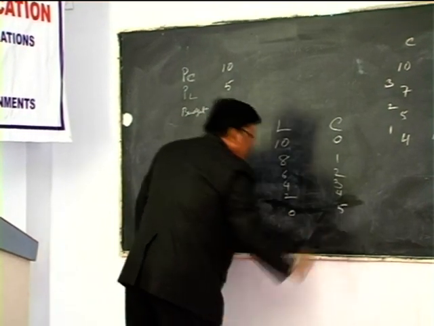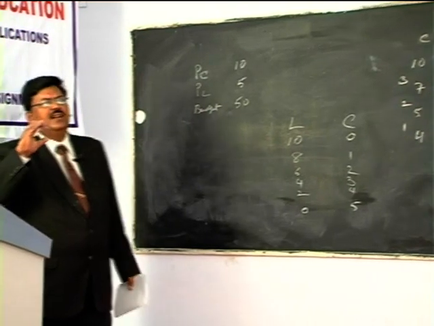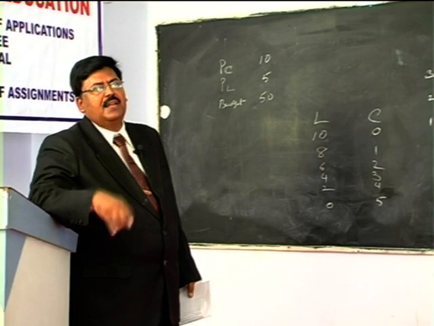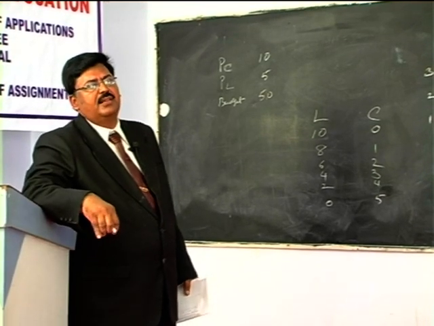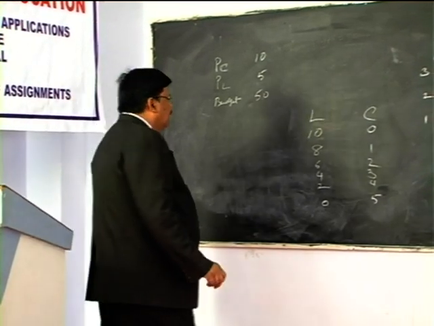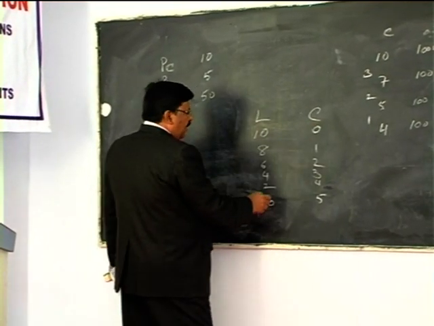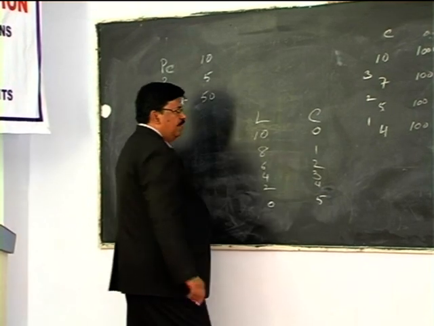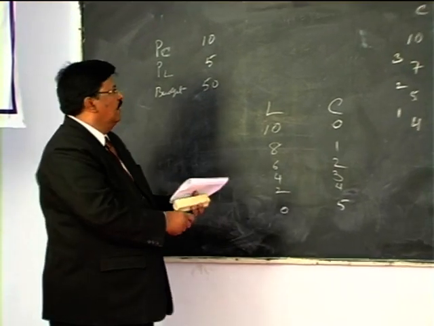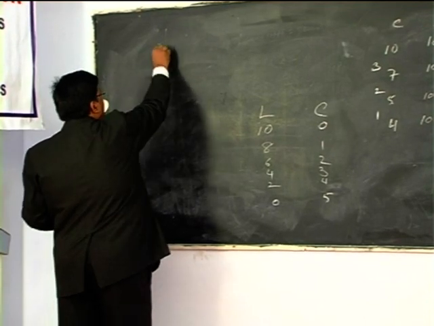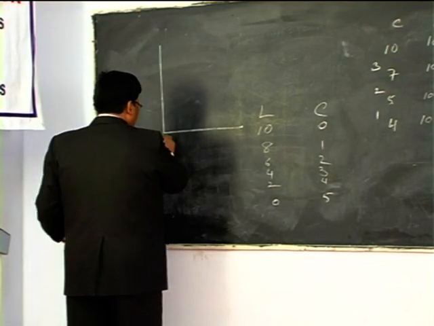So these are the different combinations in which inputs can be bought by spending the entire amount of budget, given expenditure or budget. So what are the different combinations? 10 units of labor and 0 capital, or 0 labor and 5 units of capital, or various other combinations. And if you draw the same in the form of a graph, you will get the iso cost line.